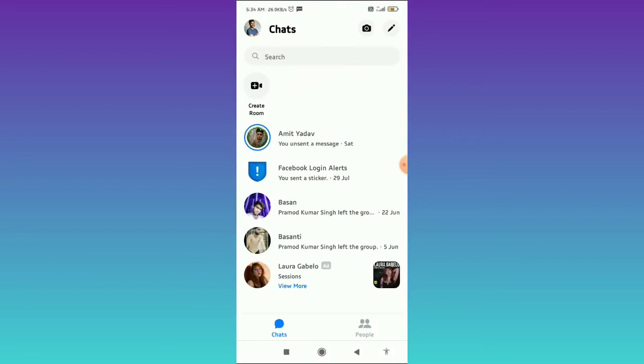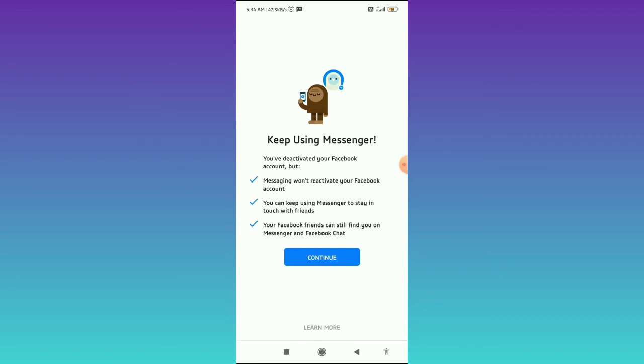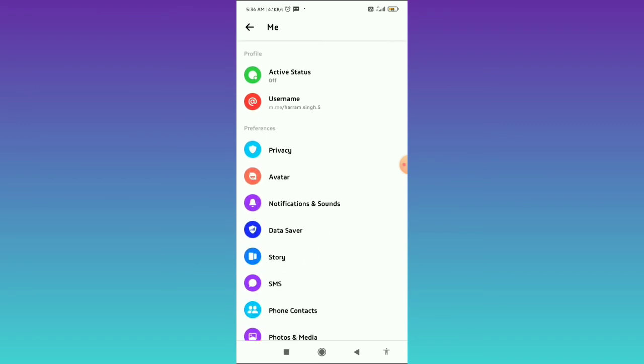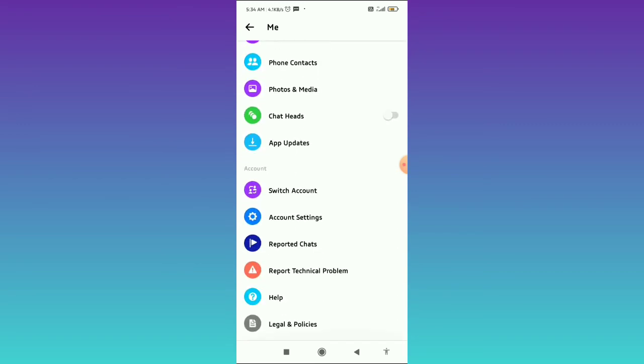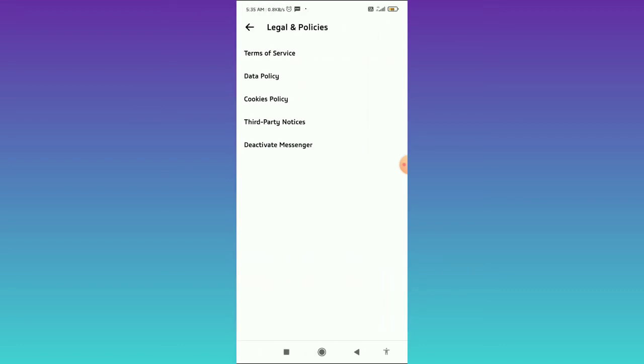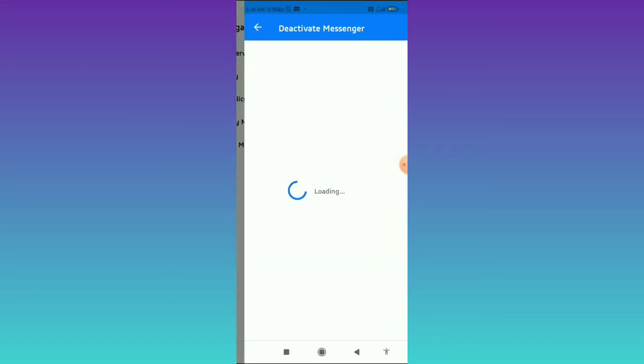And after that, go to your Messenger account and then click on your profile picture in the top left corner. You can click on the Continue button, keep using Messenger, and then scroll down and then click on Legal and policies at the very bottom, and here you can find the Deactivate Messenger option at the very bottom. Click on this,